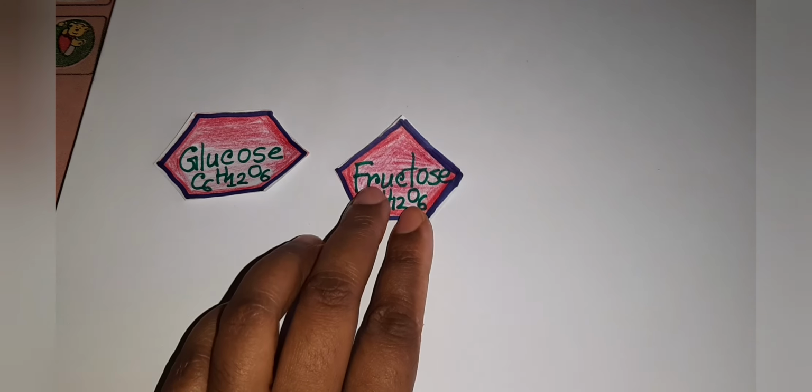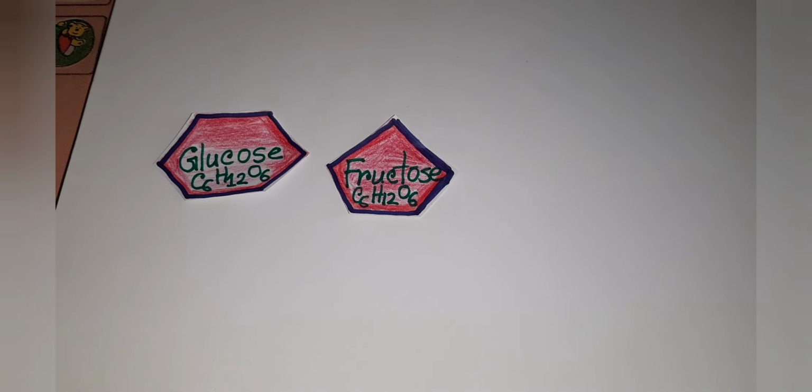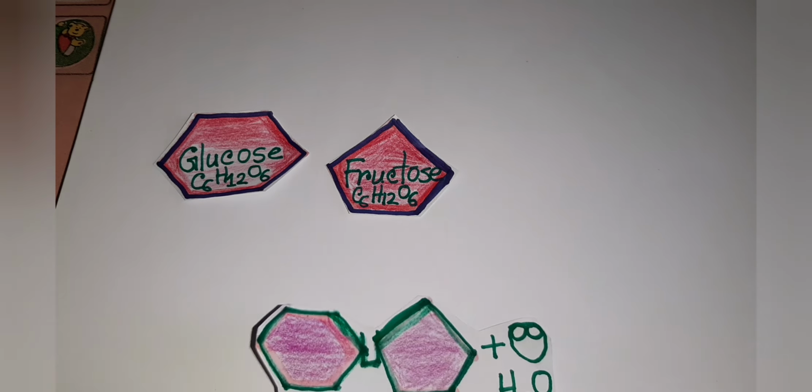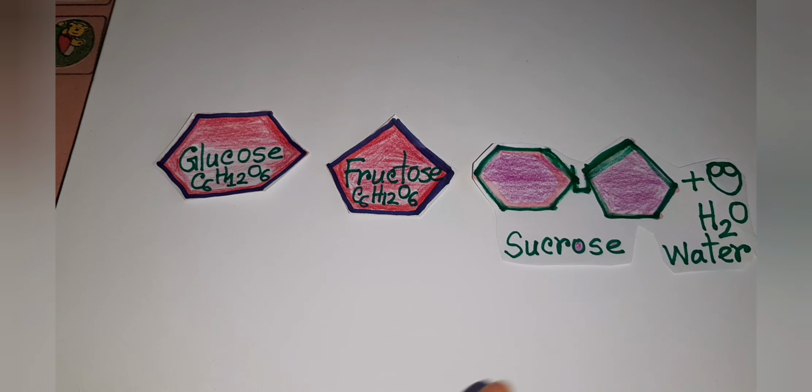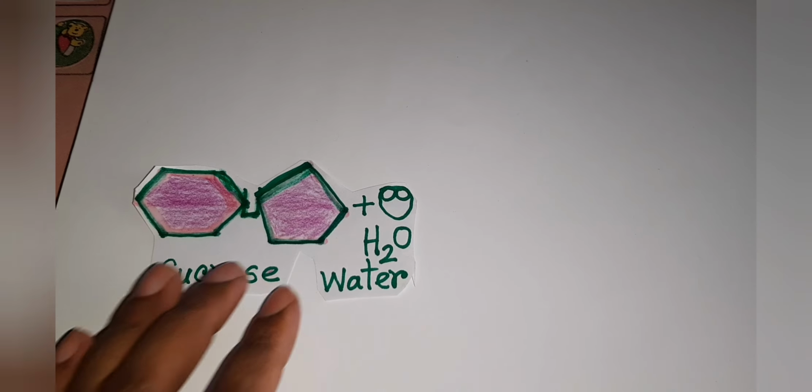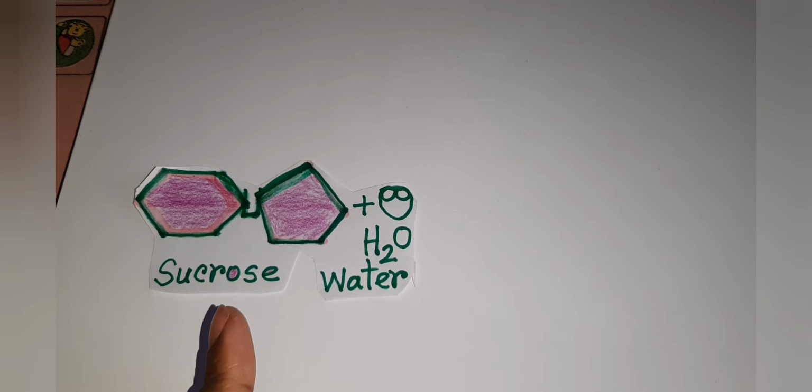Another reaction, that is glucose. All right, so this is one molecule, one monosaccharide, and this is another, that is fructose. So they join together and produce another, that is sucrose and a water molecule. Another reaction we can show, that is sucrose and water. All right, so this is